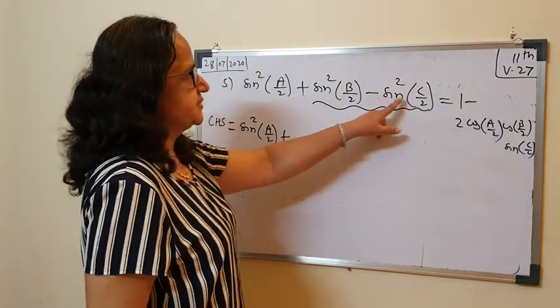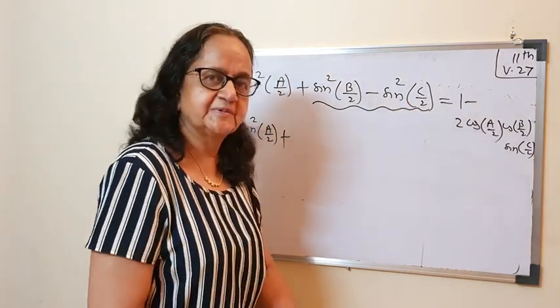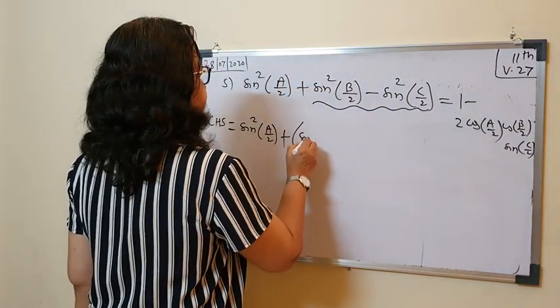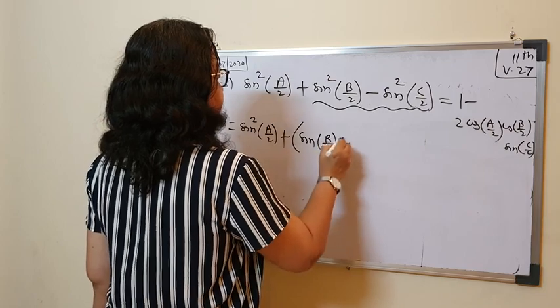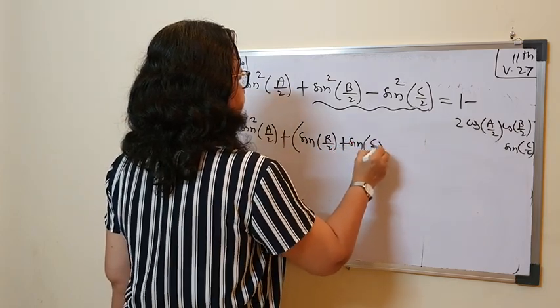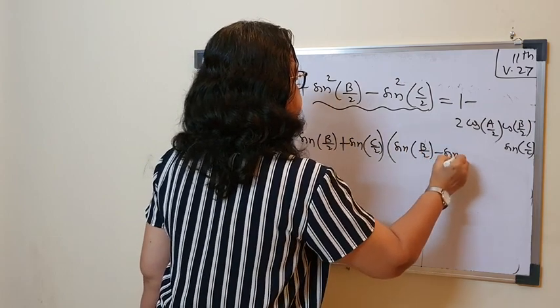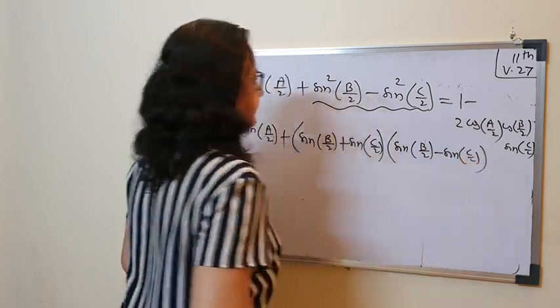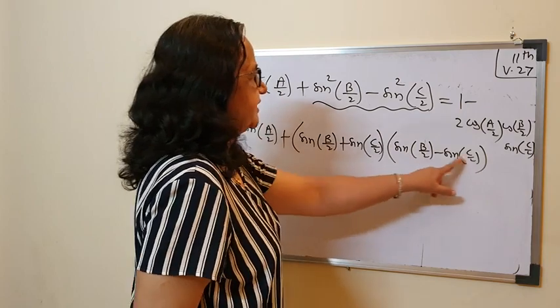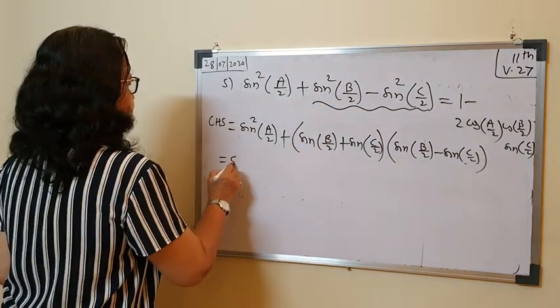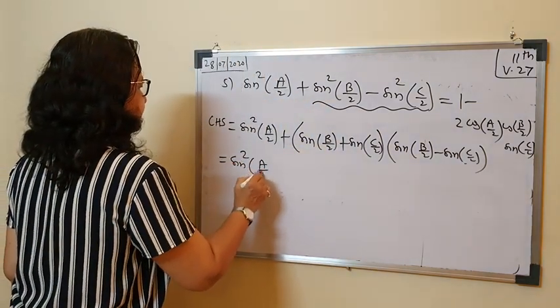A square minus B square. How do you factorize? A plus B, A minus B. So sine B by 2 plus sine C by 2 into sine B by 2 minus sine C by 2. So A plus B into A minus B. So sine square A by 2 as it is, plus